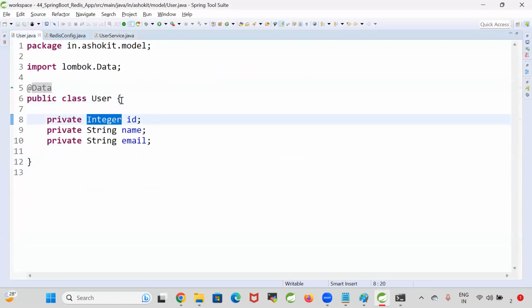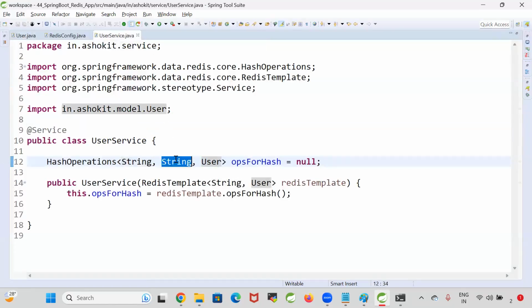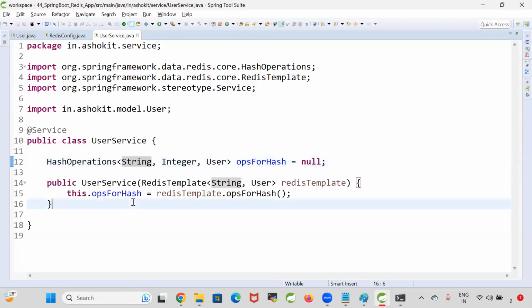Here, integer ID. So if it is integer, then here I need to take that key as an integer. So this is user ID and this is user data. This is hash key. Now let me write one method, public